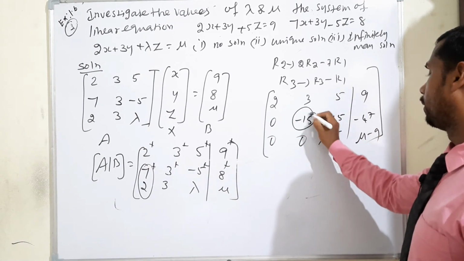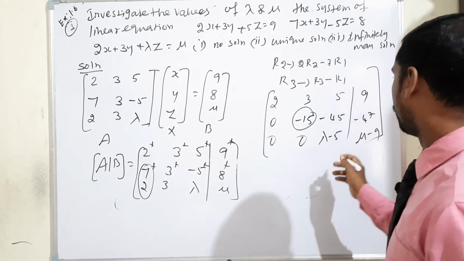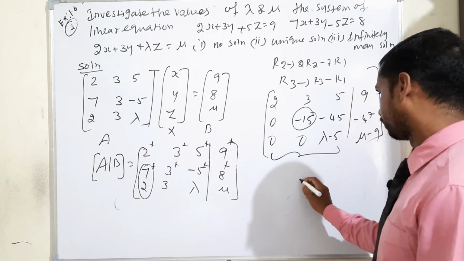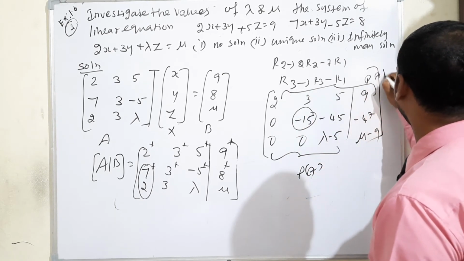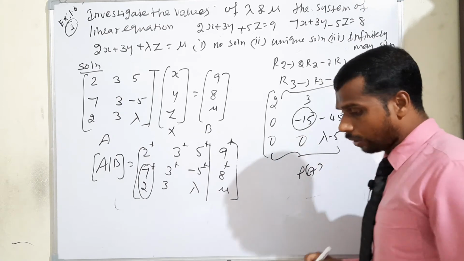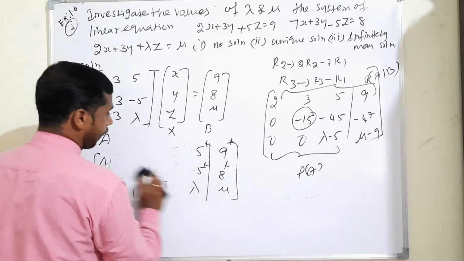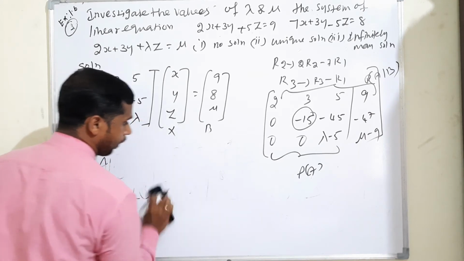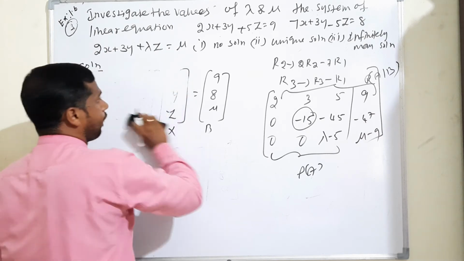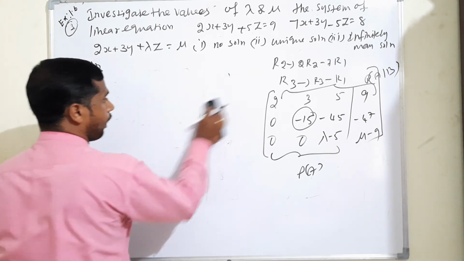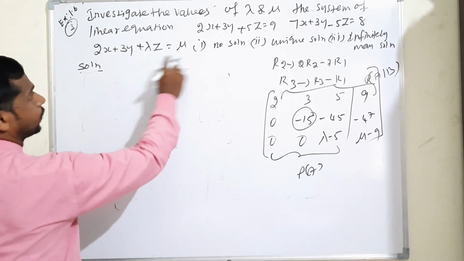Here, when starting the non-zero digit, second row also under the term 0. It's correct now, everything. So what we have to do, this is considered for rank of A. This is whole term considered for rank of A with B. So one by one we have to show. So first one, no solution.